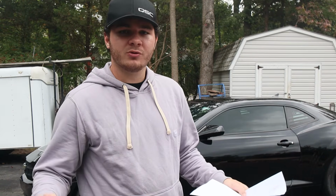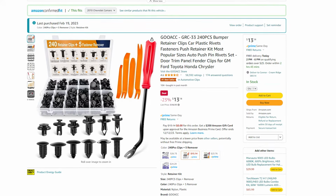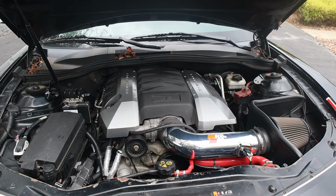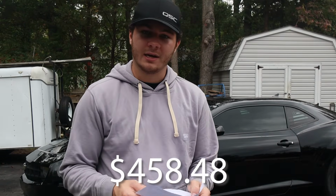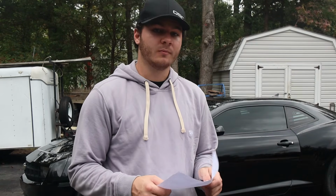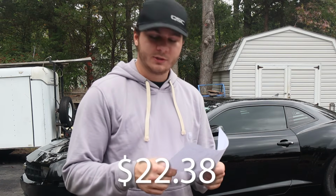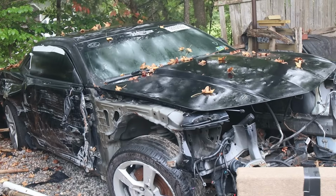5 quarts of oil, $25. So I got a whole assortment of clips. Now this will keep all the plastics onto the metal. You know those little clips that you always break? Well, I bought a bunch of them. $14. K&N cold air intake, $458.48. I think it was a ripoff. Another bad mass airflow sensor, $22.38. Donor car,